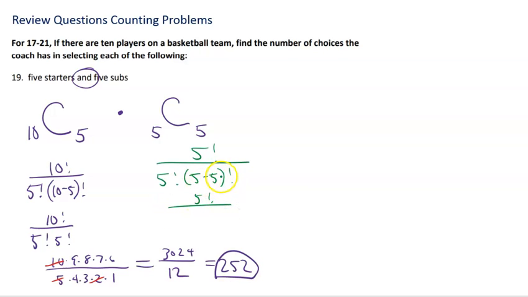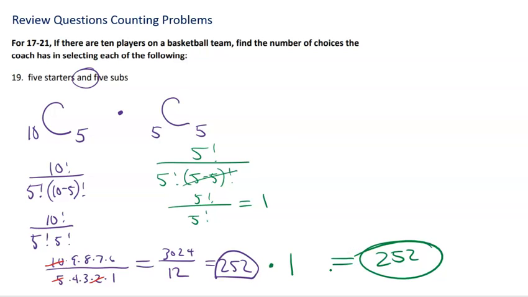That's just 0 factorial, which is 1, so this is gone. 5 factorial over 5 factorial is 1. Now I multiply these values together. 252 times 1 gives me a final answer of 252 ways to pick 5 starters, and then the rest of them will be subs. So really the second calculation you didn't have to do, but just to make things clear,